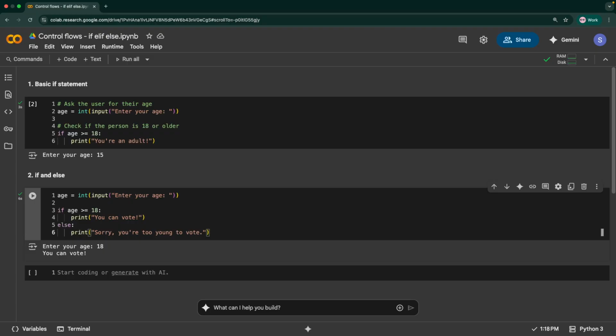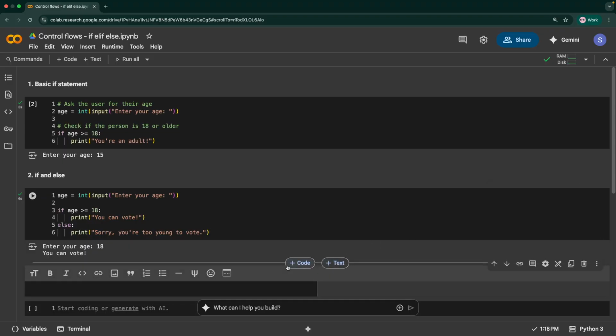Okay, so this is about using if and else in your code, and only one of these is going to run always. There's no chance that both if and else would run, because the condition can be satisfied in only one of the cases. So that's about it. And in the third part we have the if, else if, and else statement.